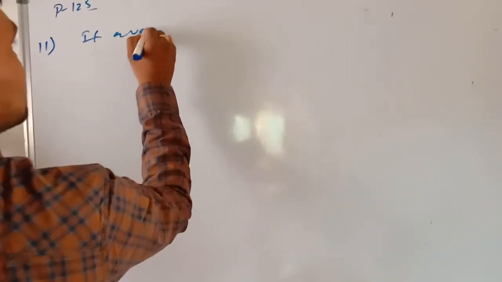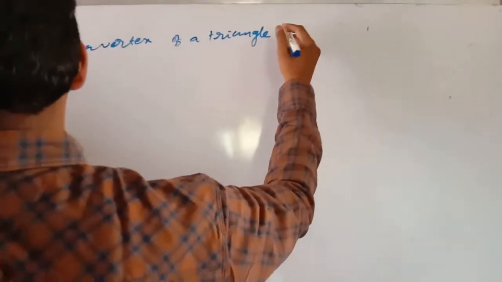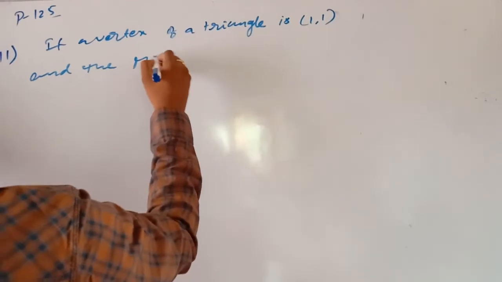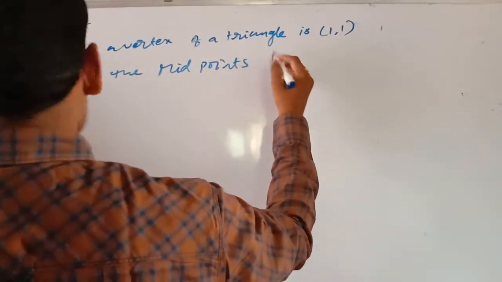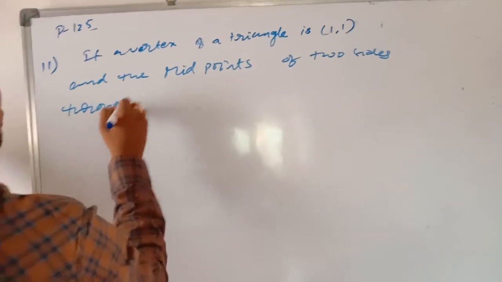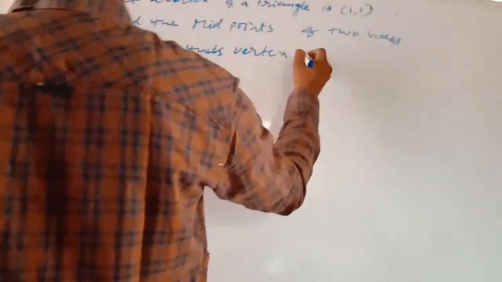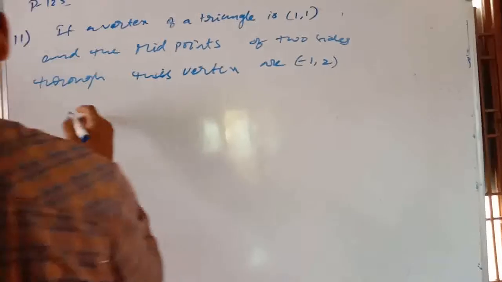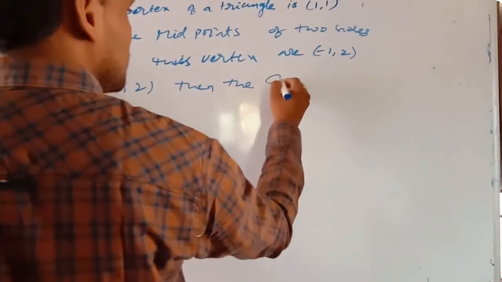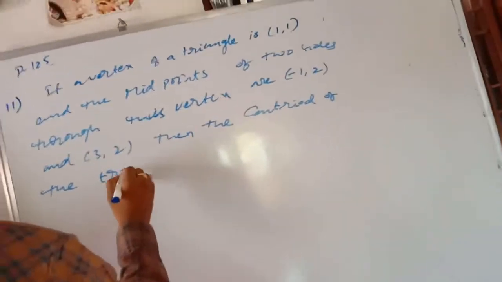If a vertex of a triangle is (1, 1) and the midpoints of two sides through this vertex are (−1, 2) and (3, 2), then the centroid of the triangle is,